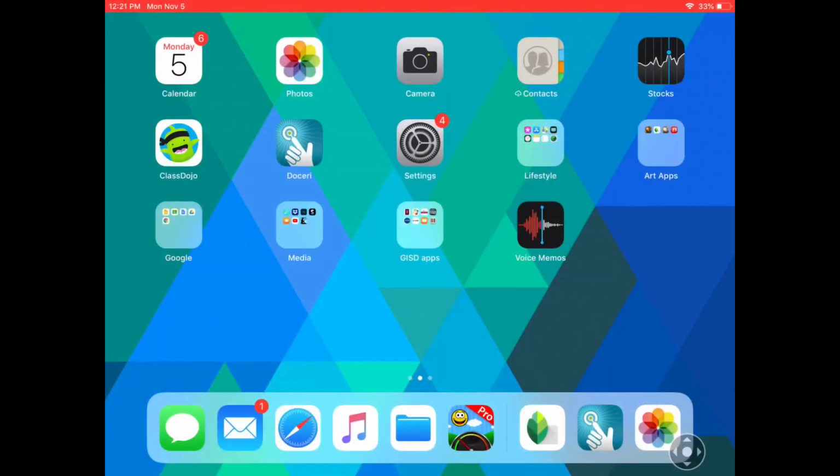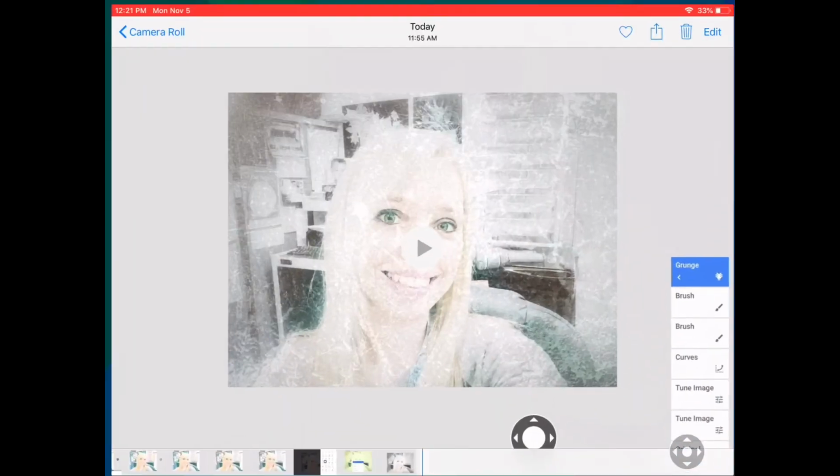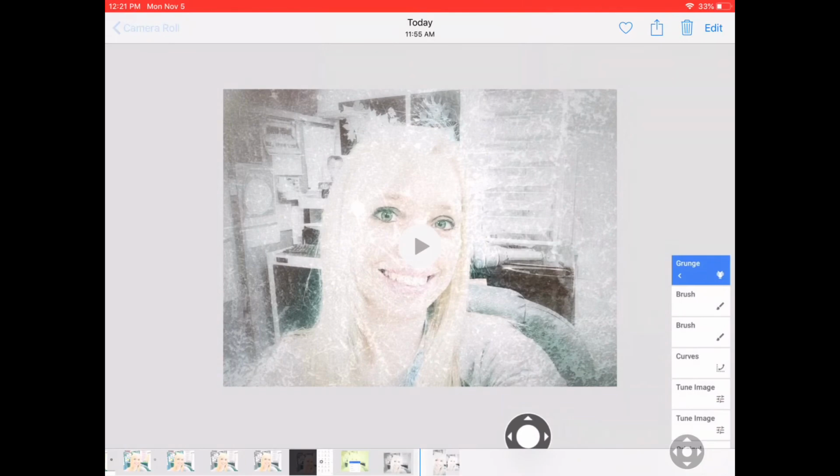So to share your photos with me, to turn them in, remember you're required to turn in 3 photographs with at least 4 edits on them. You will go to your photos. Alright, so you'll pick the photo that you want. You will click the export button again up here. When I click that,